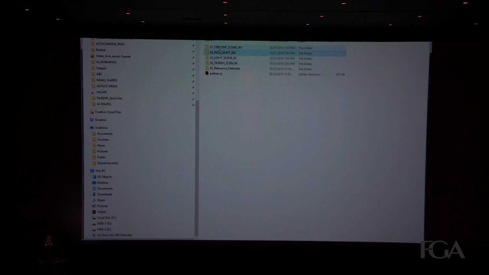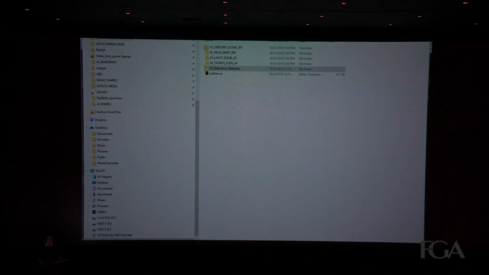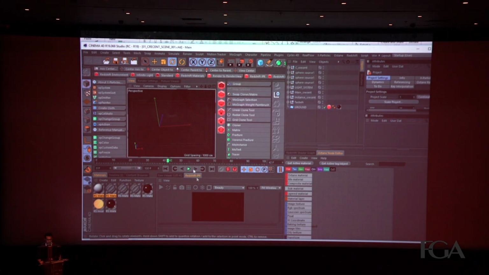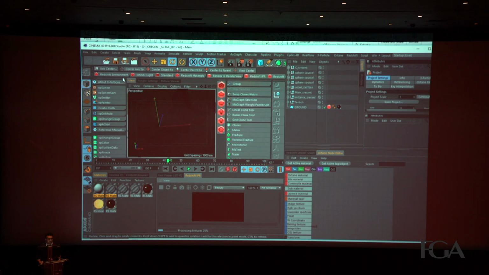For example, this recent shot. I just modeled these things and placed them on the floor, simple, and used the Redshift environment in order to get the nice, glossy, and very soft night effect.